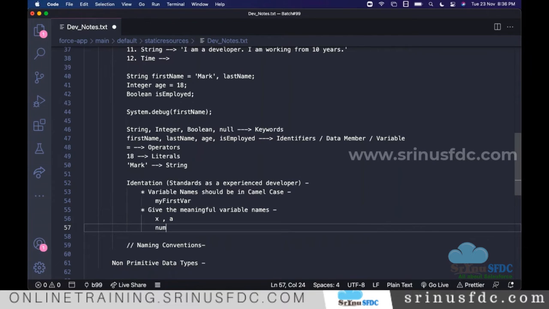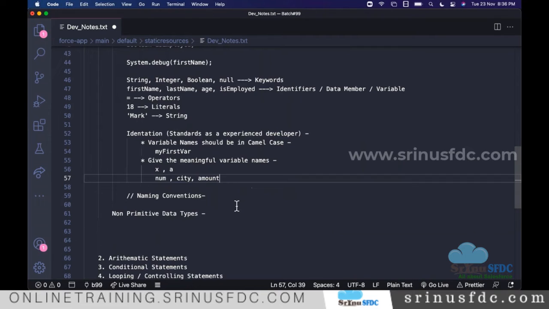If I say it like this, do you know what we are going to store? Maybe we are going to store some number, and people can easily recognize that. Let's say if I give it like this, we know we are going to store some city information. So all these are meaningful names. Wherever it is possible, we have to give meaningful names.